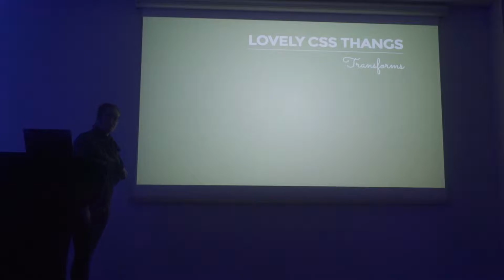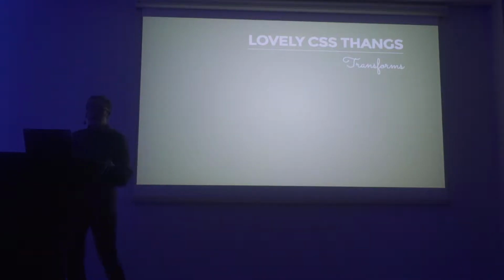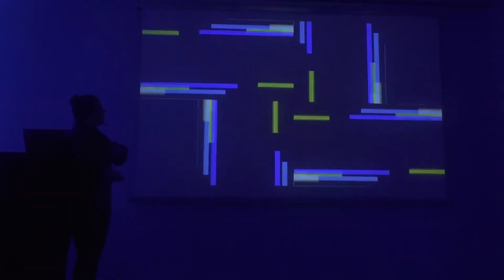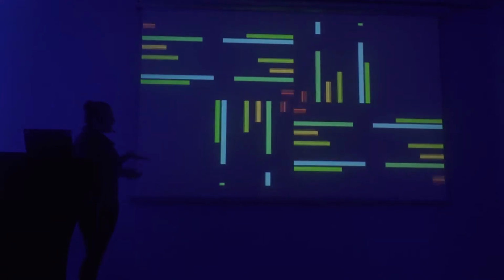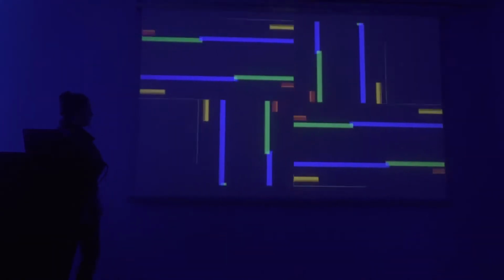Transforms, CSS transforms, that was cool. I was thinking symmetry is a nice thing when you're doing visuals. So I was like, could I take whatever is in the DOM and then reflect and rotate it just with one function? Like grab this out and then duplicate it. Yeah, we can do that. That's cool. So that makes a nice symmetry thing. Again, this is just some elements moving to do with the data.